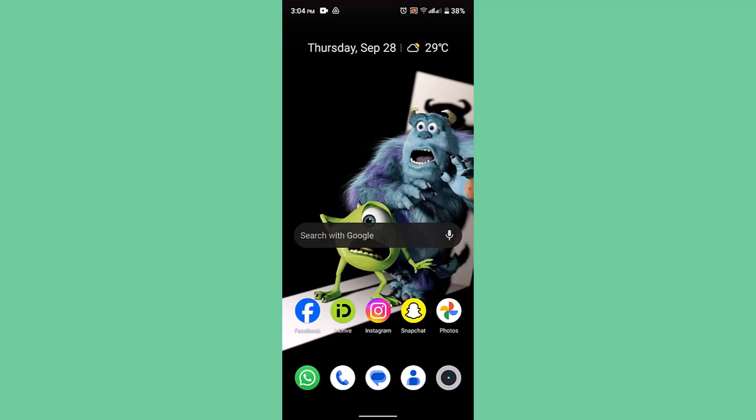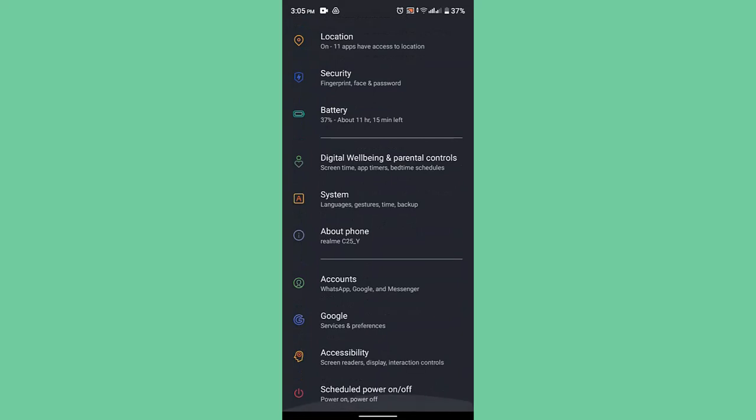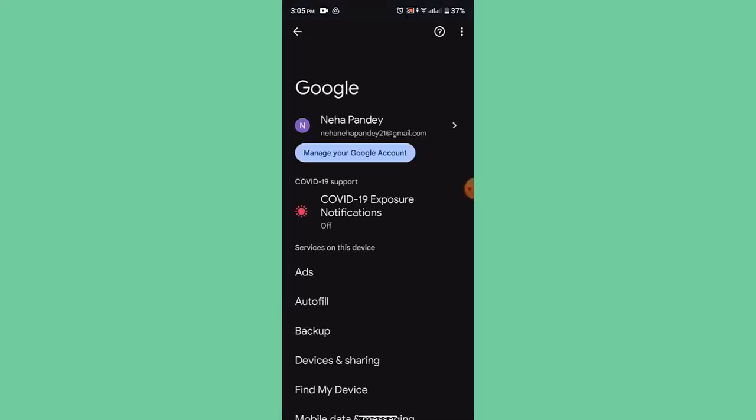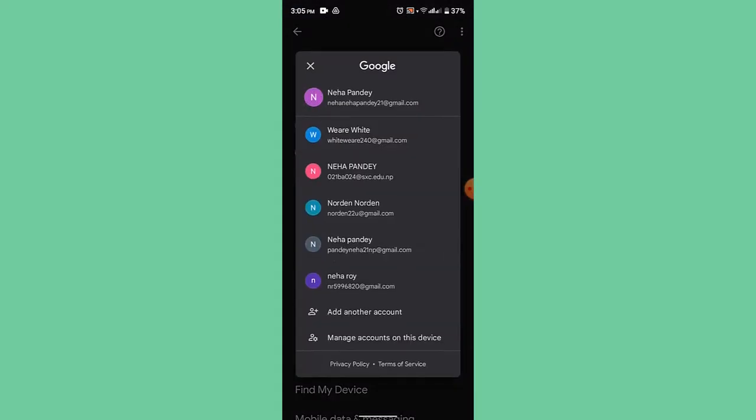Today's video I'll be showing you how to remove family link from Google account. In order to remove family link from Google account, first thing first, make sure that the device is connected to an internet service, and after that you'll need to open up your settings application and then log into your Google account. For that, go to Google and right on this page select the account by tapping on the arrow icon